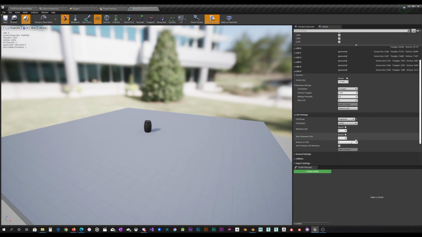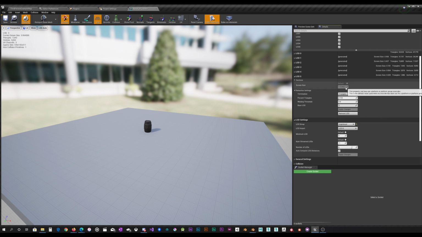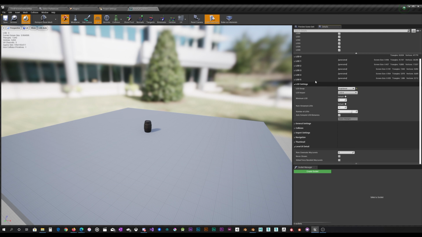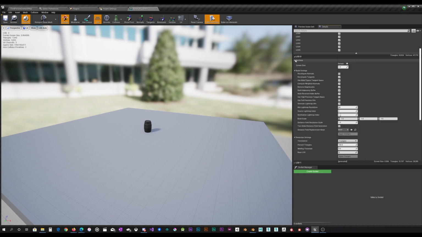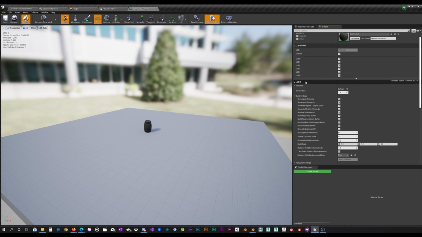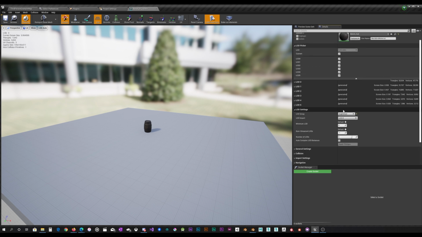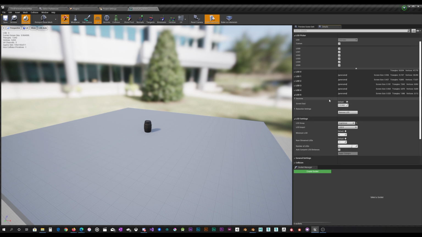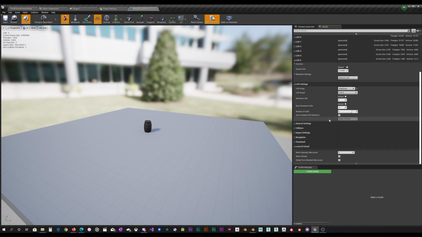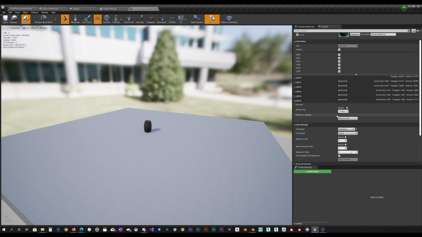But I believe if we turn on auto compute, so this becomes grayed out, we can't really see it. Screen size is hidden from us. Where did all that go? Here we go. So now if I click on LOD 5, now that I have auto compute distance off,